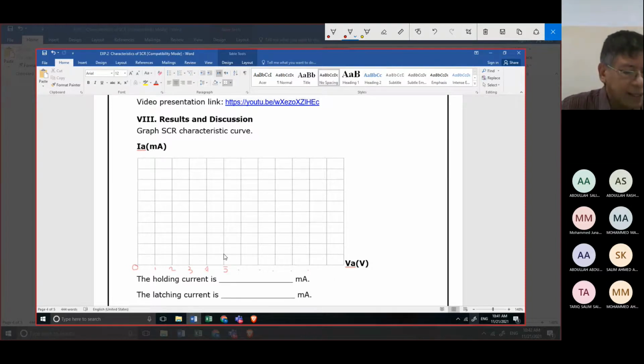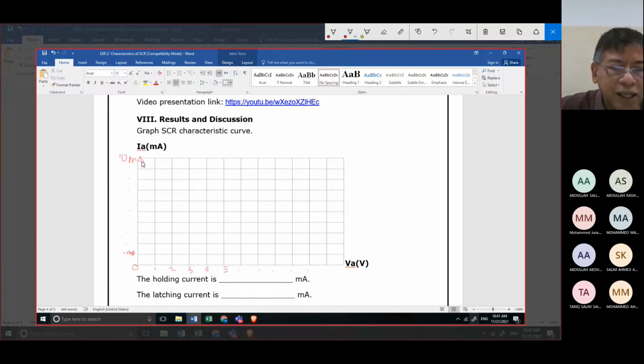And if you use this as milli, for example, this is 1 milliampere, then this is 2, 3, 4, 5, 6, 7, 8, 9, 10 milliampere. Up to 10 milliampere.